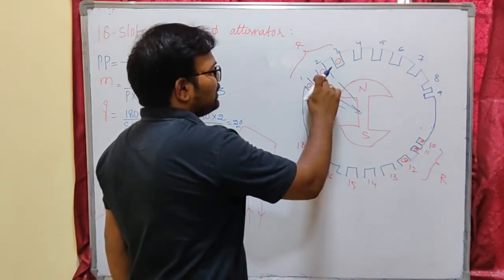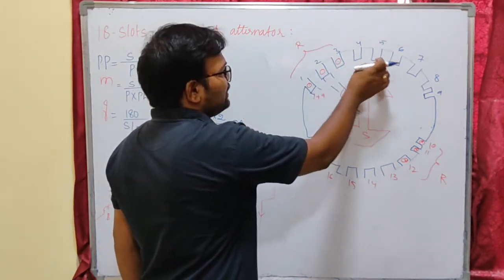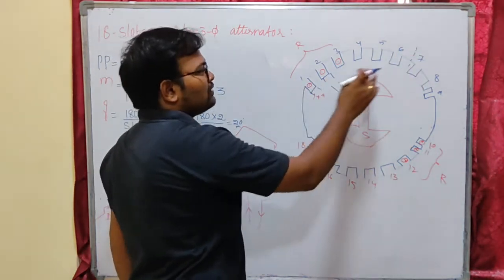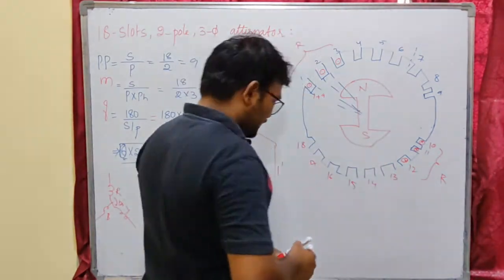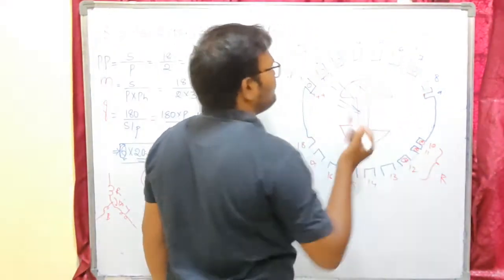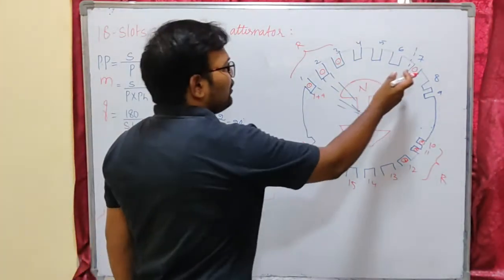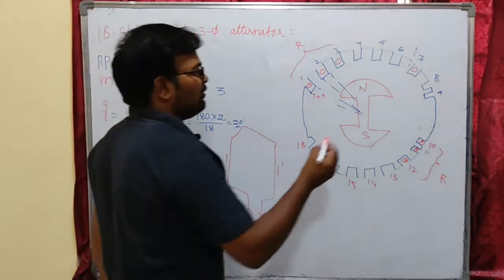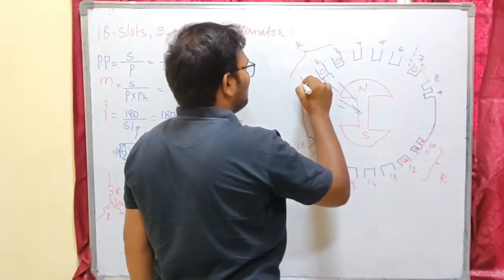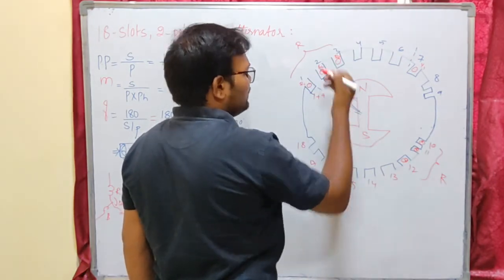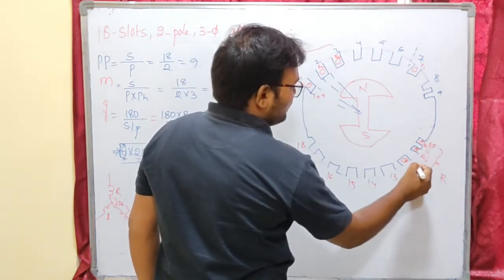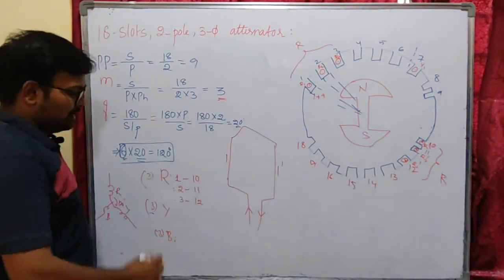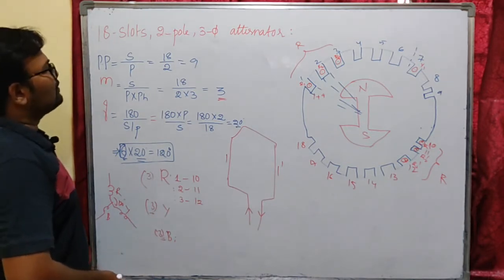This is my 20, 20, 20, then 60, 80, 100 and 120. Up to this, the 120 degrees placement has happened. From 1 to 6 it is 120 degrees. So I can keep the winding of Y phase in the 7th slot. My Y phase will now be 120 degrees away from my R phase, and I have 3 slots for Y phase. They are Y1, Y1 dash. Let me name these R1, R2, R3, so these will become R1 dash, R2 dash and R3 dash. I hope you understand. So this is for R phase. There are 3 slots for my R phase, 3 slots for Y phase and 3 slots for my B phase.